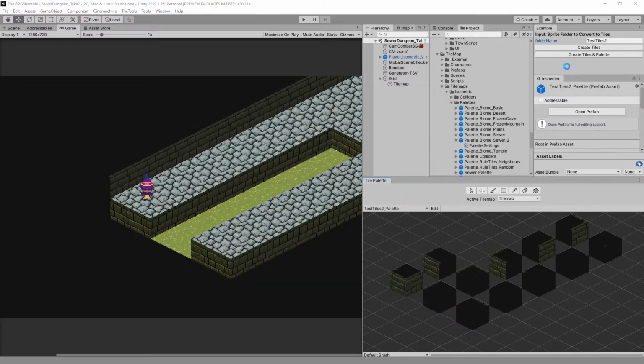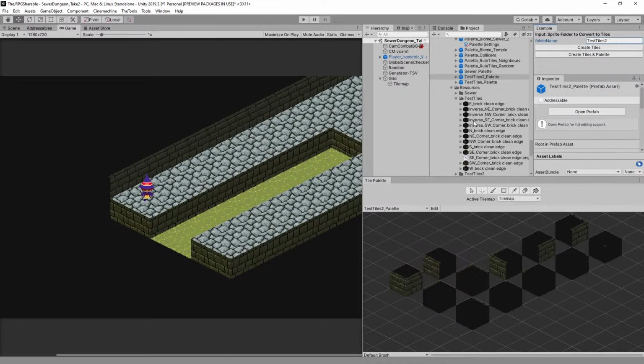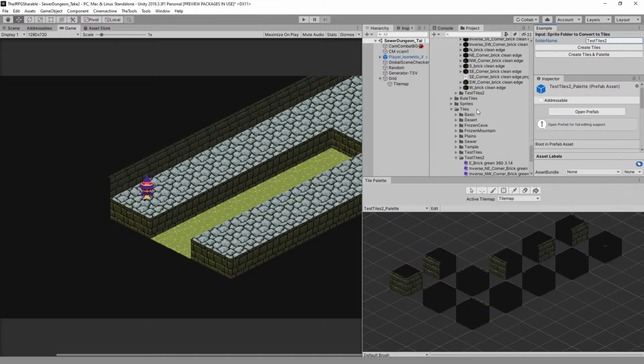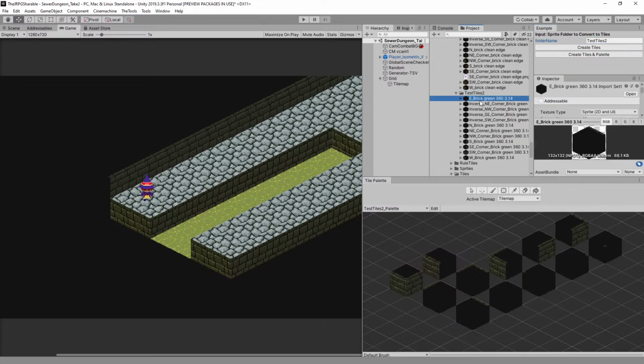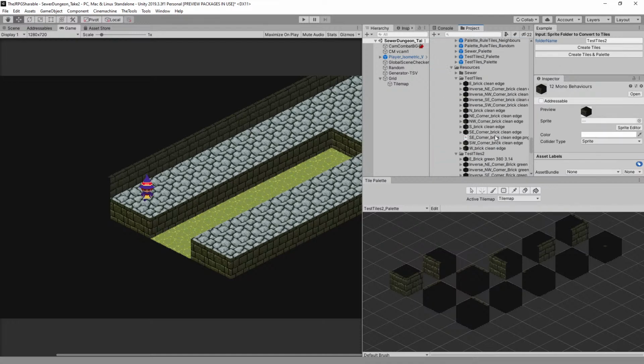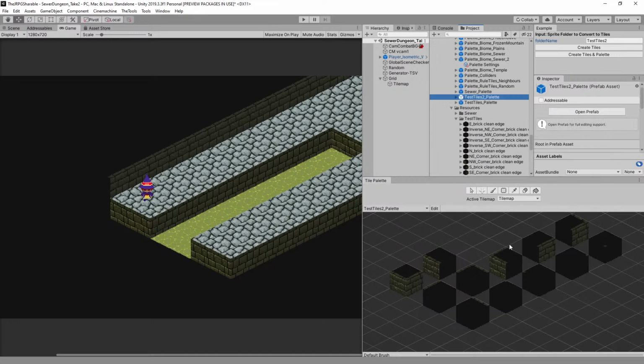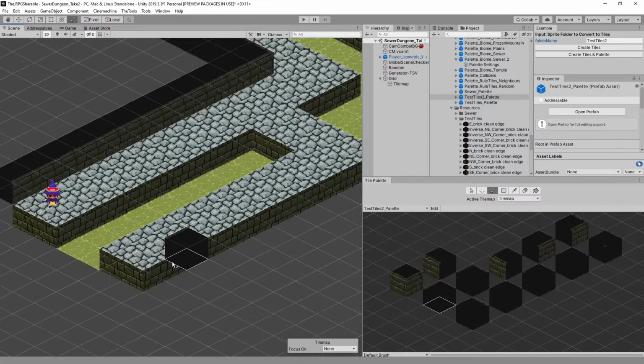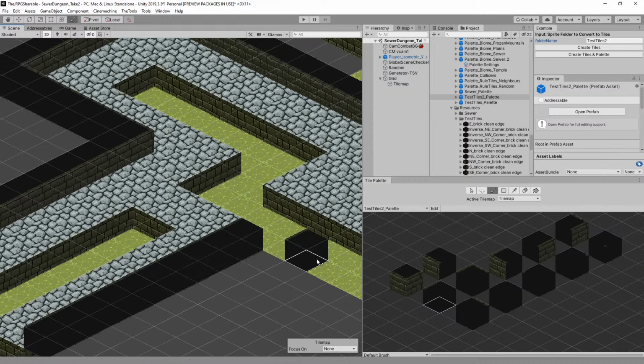And from the previous part 1 tile map generation video, we have this tool that allows us to create tiles and a palette out of a folder of images. So we can create all of these bricks that we have. We can turn all of those into tiles and then assemble those tiles into a palette so that we can immediately start using them to paint in the scene. Like so. I think there's more that I want to do, maybe generate even more types of tiles potentially for some more